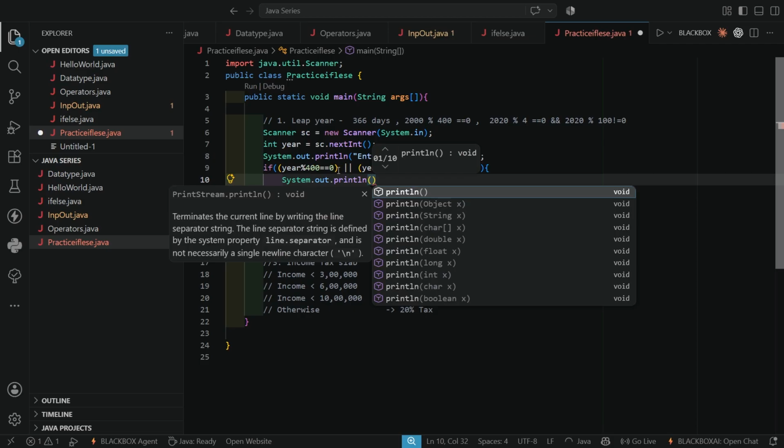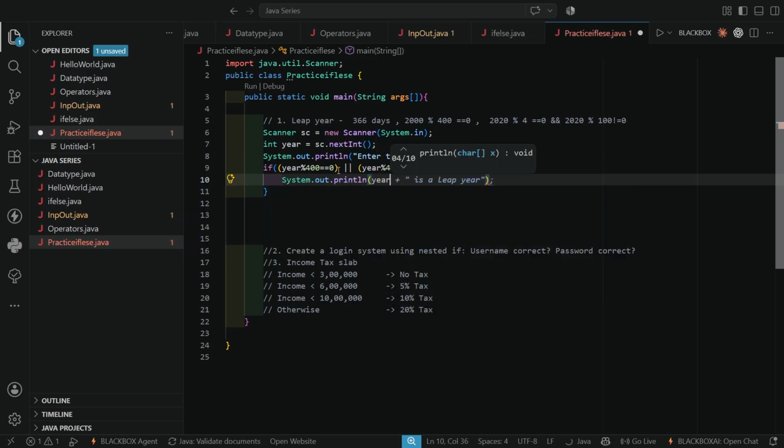If you want to print the year as well, you write year, then plus, then the printing statement. Plus differentiates the statement you want to print from the variable in the program. So plus is important whenever you try to print whatever is in the program as well. Is a leap year.